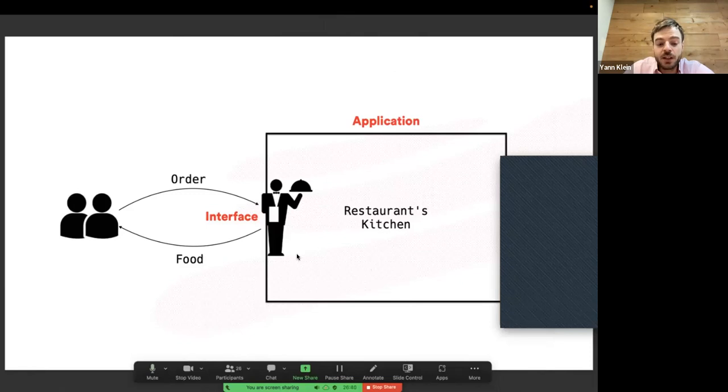The thing is that in the API world, it's exactly the same thing that is happening. First of all, when you want to get data, and not food this time, from an API, you need to look at the menu. The menu in an API is the documentation, right? The documentation will tell you how to